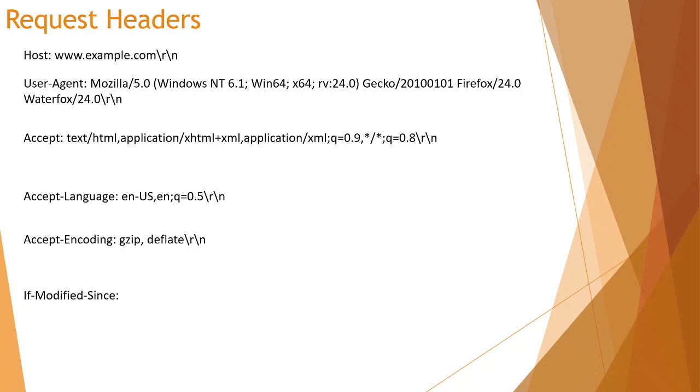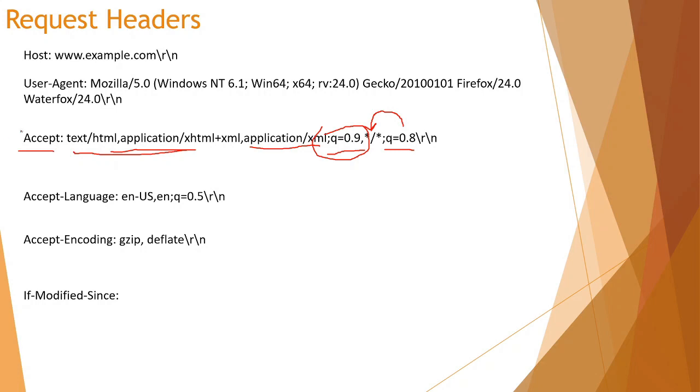And here at the end of the accept header, you can see that q equals 0.9, and similarly q equals 0.8, and here there is no q value. So the q value of 0.9 is related to application/xml, and the q value of 0.8 belongs to the wildcard. Let's discuss what this means.